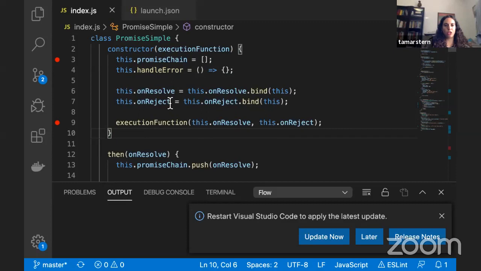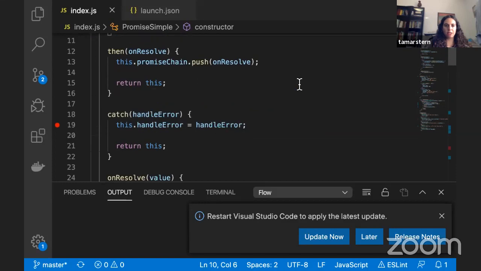then we have to implement resolve and reject. And when we're doing it, we have to bind it to the context of that object. That is important. That is the then function. And then we have here a promise chain. That promise chain is for cases of then, and then we register another promise. So we are just pushing the unresolved, which might be another promise. Okay, and in the catch section,